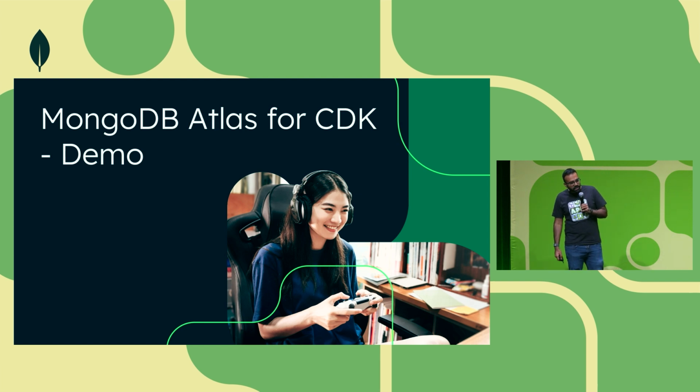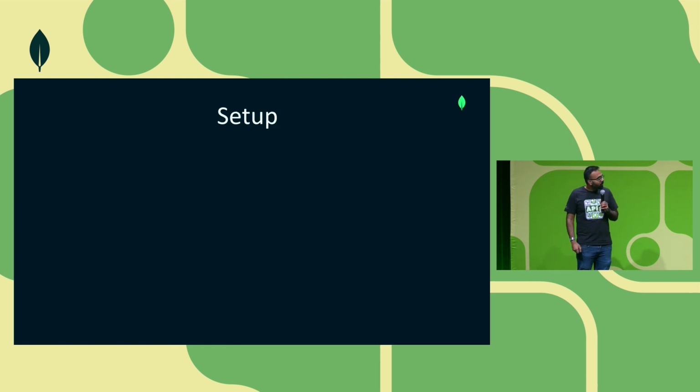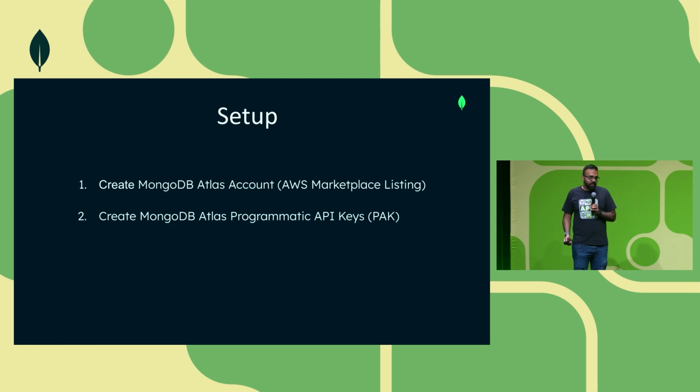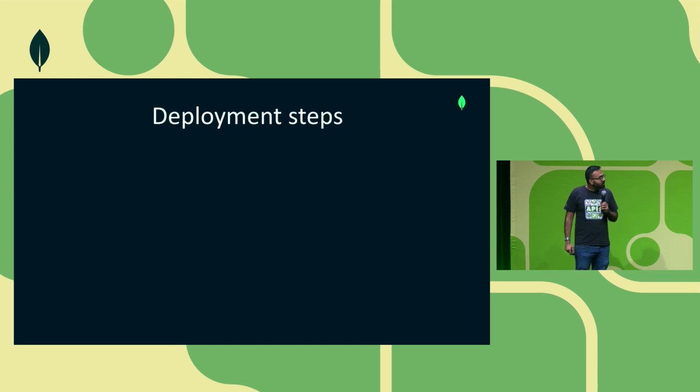So let's jump in a little bit deeper to our quick demo with the CDK and the Cloud Development Kit. As folks might have used CDK in the past, setup is really easy. It's intentionally designed that way. First, you're going to make sure to set up a MongoDB Atlas account if you haven't already. If you're familiar with the AWS Marketplace, we have an AWS Marketplace listing. 2, you're going to set up your programmatic API keys. And then 3, you're going to install the AWS and Atlas CLIs or the command line interfaces. And that's really pretty much it for setup steps. We're really glad we got it down to such minimum amounts.